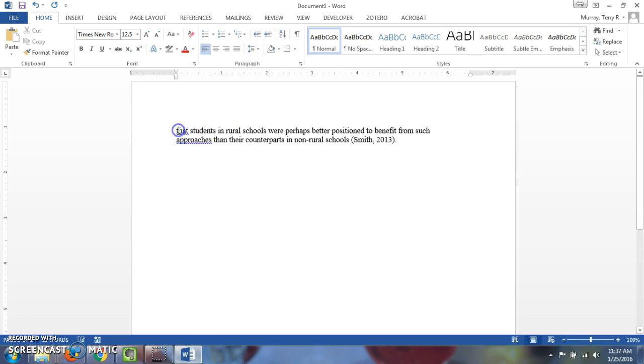If I cited it like this, that would be plagiarism. Even though I'm citing it, it's not within quotes, and it's a direct quote. So instead I must make sure that I have quotes around it and use APA formatting for that, rather than the other way I did it. Or I can paraphrase it, right? I can take these words and say, okay, students, so I could say something like, rural school students,